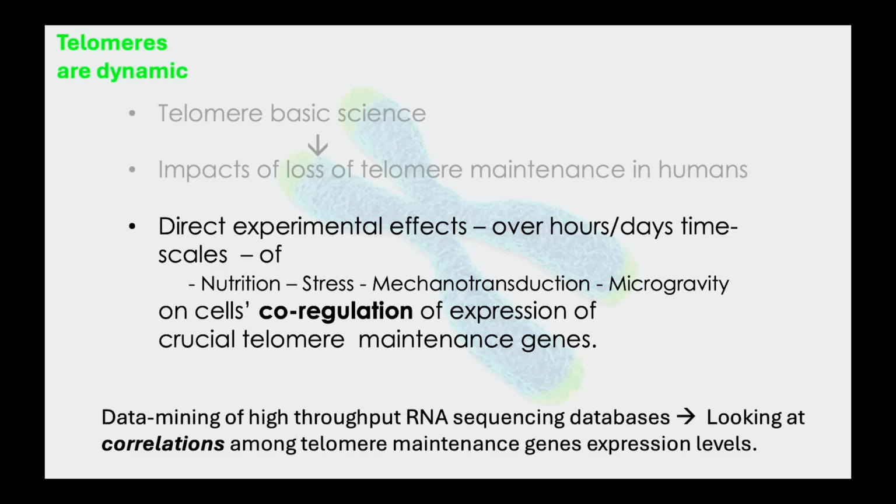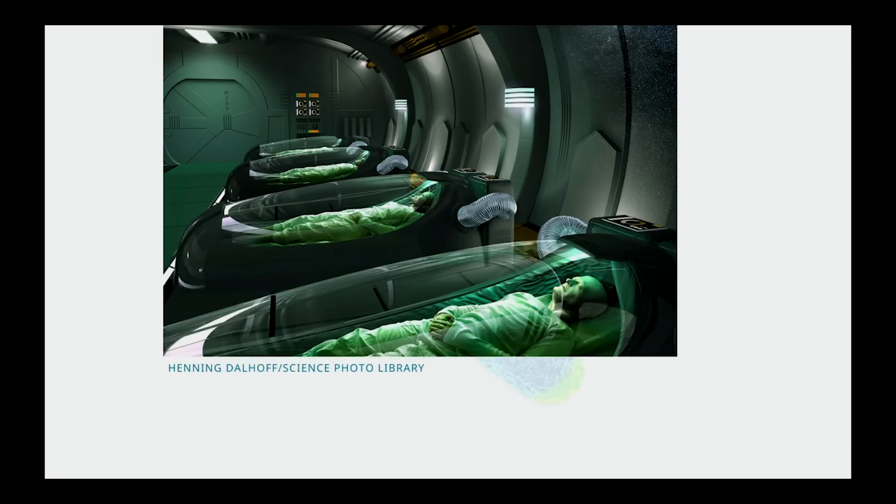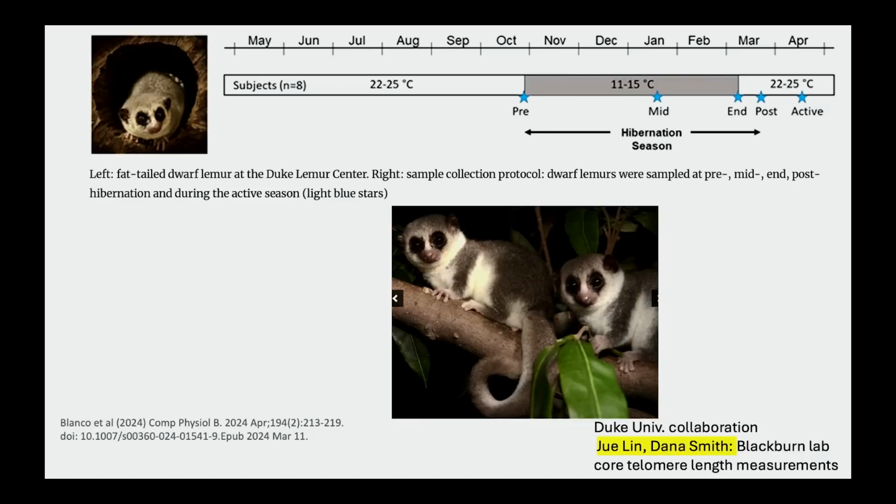And I'll finish up with a very fun sort of futuristic thing. Imagine you're going to Mars. It's very seriously contemplated by NASA that one would have to go into hibernation to preserve resources. So what can we learn about hibernation and telomeres from the closest relatives on the planet who are primates? There are very few primates that actually hibernate, but in Madagascar, there are lemur species that hibernate in warm weather because there's a hot, dry season, they can't get food.